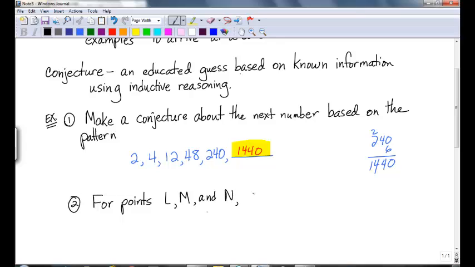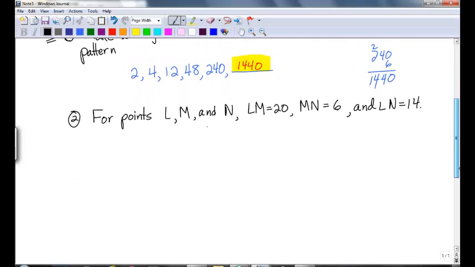LM equals 20, MN equals 6, and LN equals 14. It says for points L, M, and N, LM equals 20, MN equals 6, LN equals 14. And the directions say, make a conjecture